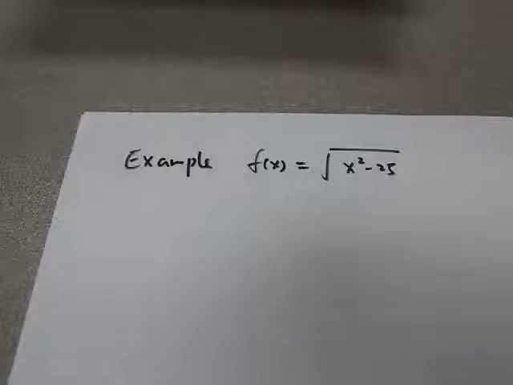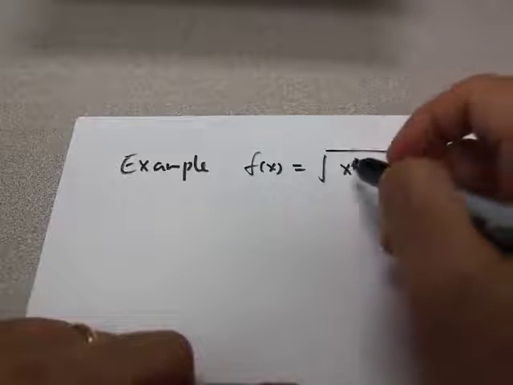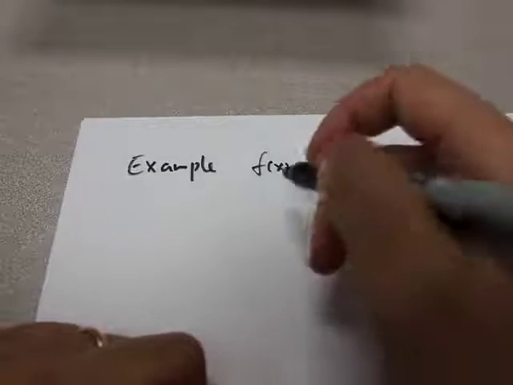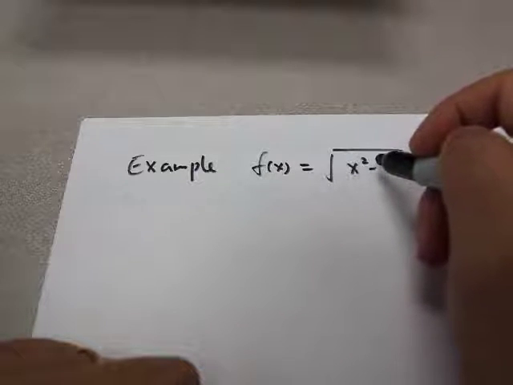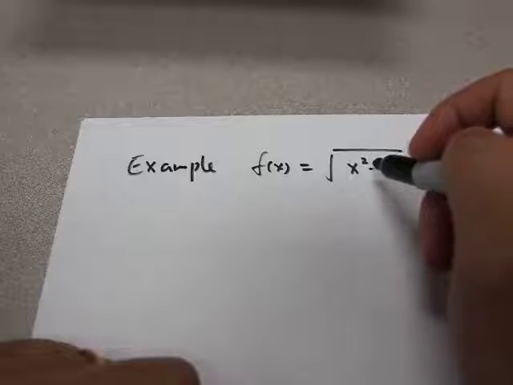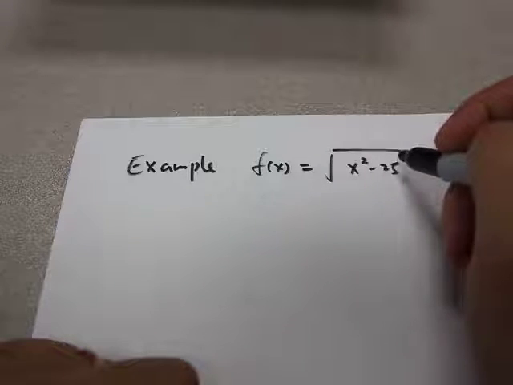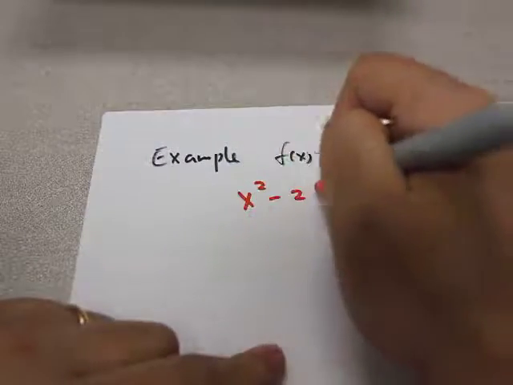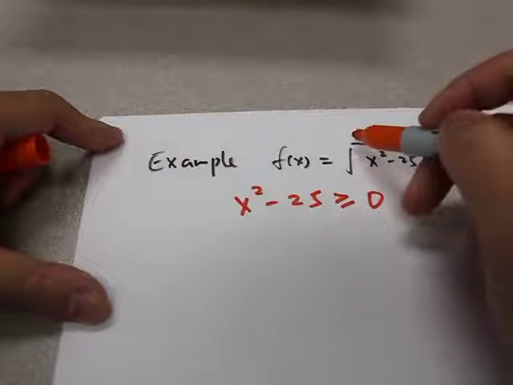Okay, now let's look at this example. We're given the function f(x) equals the square root of x squared minus 25, and we said the domain of this function should include any numbers that will make the x squared minus 25 be positive or 0. So in other words, to find the domain, we're gonna solve for this inequality,